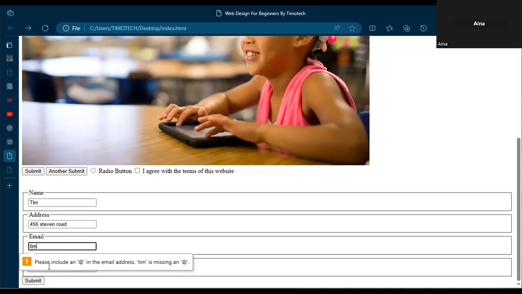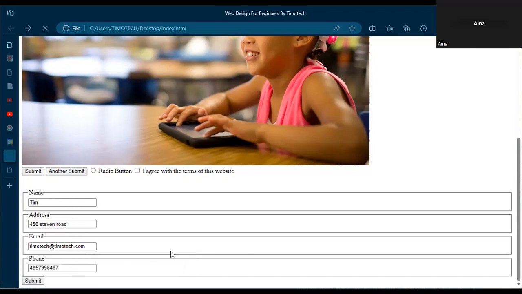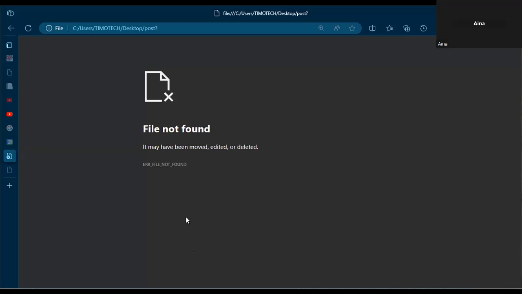you can see, look at it. It says for email, please include an @ in the email address. Why is it bringing that message? It's because you have set it as email. The type is email. So if you don't put an @ in this email, it's not going to submit. You understand? So let's just say timotech@timotech.com. So the moment you do that, when you click on submit, then it will try to submit to